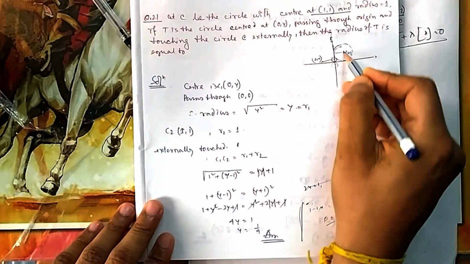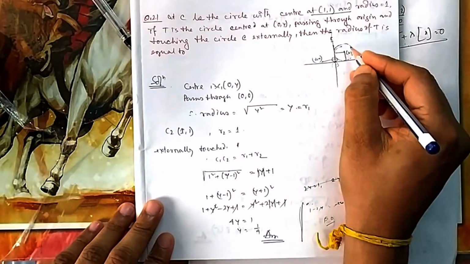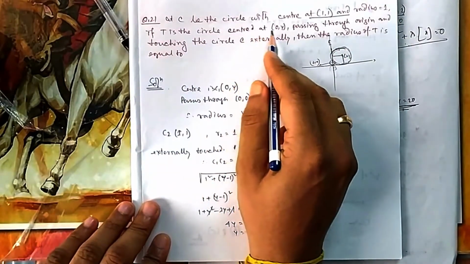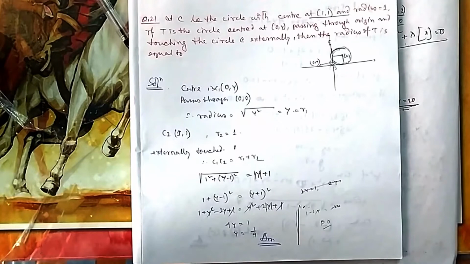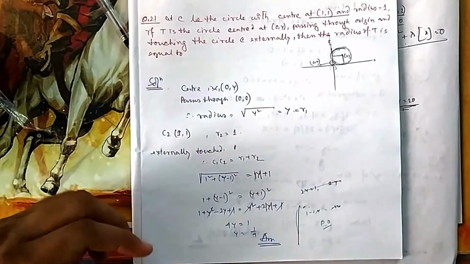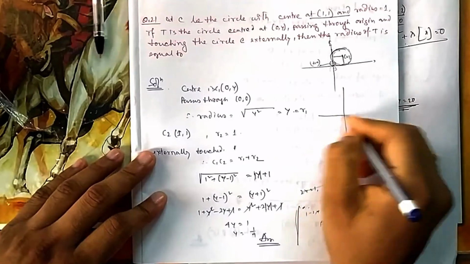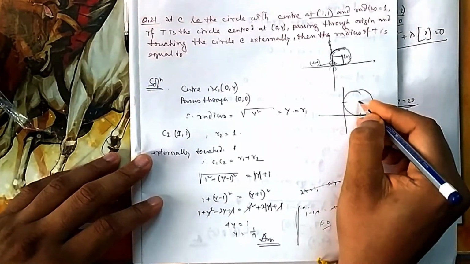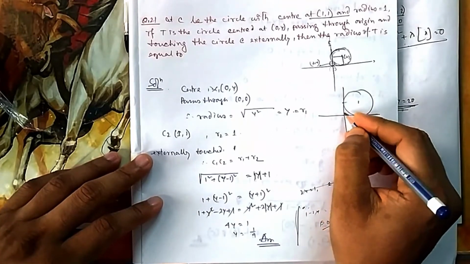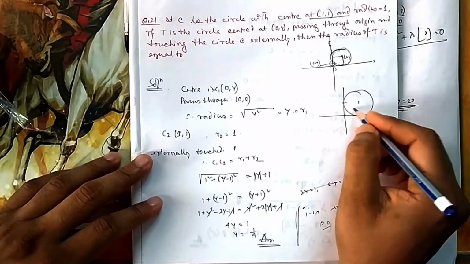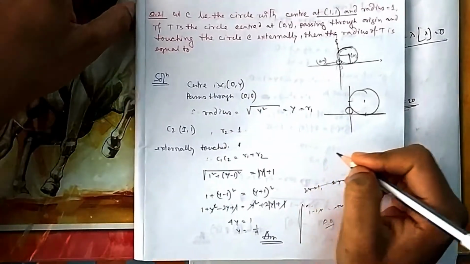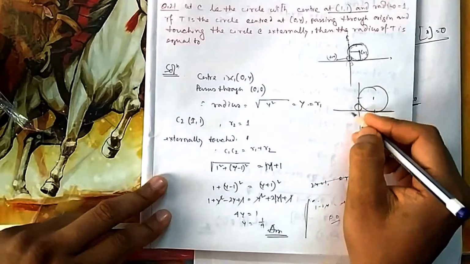21. Let C be a circle with center (1, 1) and radius 1. So it will obviously touch both these axes because it is (1, 1). T is a circle centered at (0, y) passing through the origin and touching the circle C externally. Okay. So if you draw it, you will find it. Let me magnify it. Suppose this is (1, 1). So a circle which should pass through this and should touch it. If you pass it in this way, it will intersect it. It should touch it externally. So the circle should be of this fashion. There is no other option around. So this is the circle.